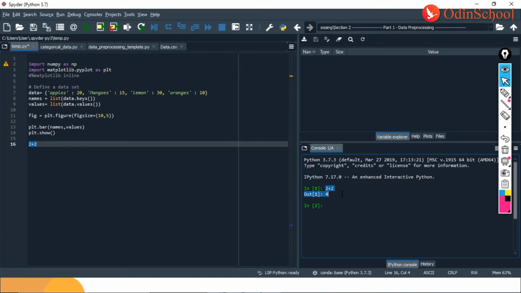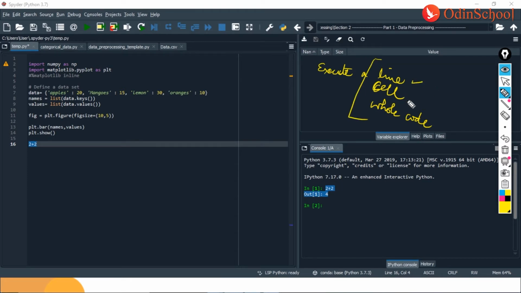Now guys, what are the different commands that we have here? Let us just take a look at them also. So I have execute a line, execute a selection, a small piece of code, or execute a cell as it is called, and the next one is execute the whole page or the whole code.